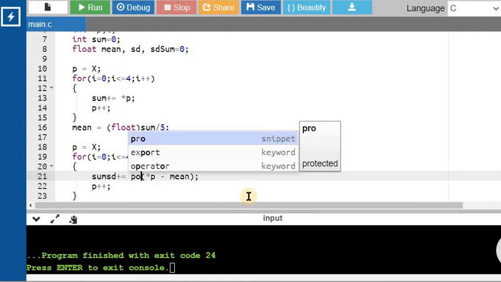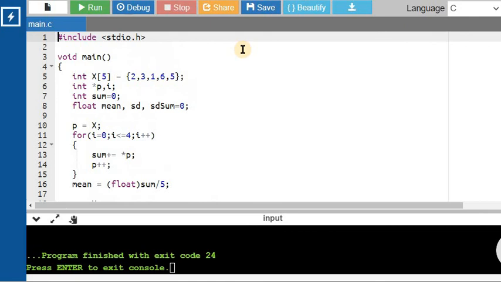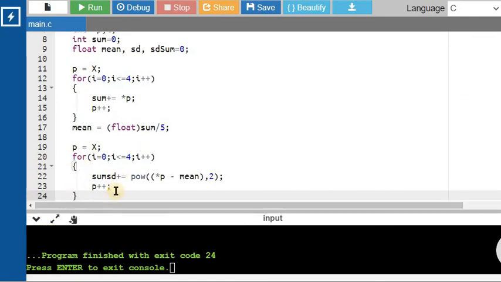I'm going to make use of the pow function defined under the math library. So pow of (x minus mean) whole square. Pow is defined in the math library, so I'm going to include math.h in my file. This whole for loop is going to compute summation of (xi minus mean) whole square.